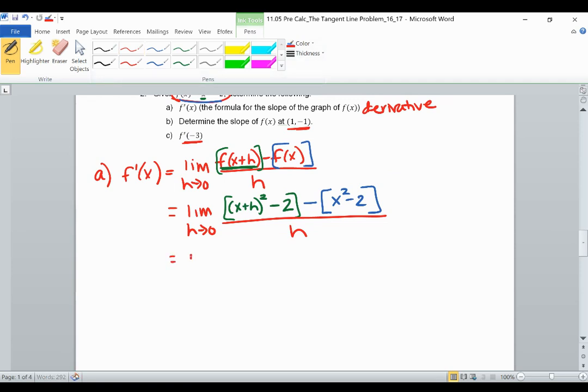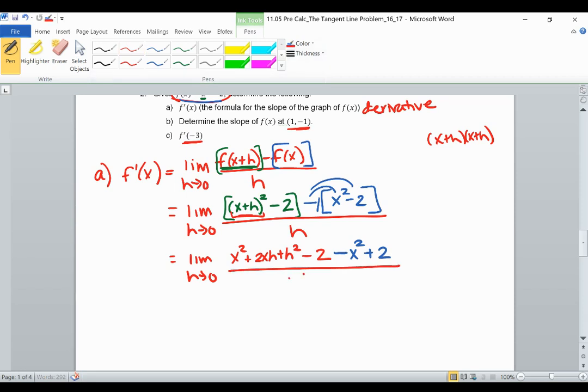Now it's a matter of simplifying, a lot of FOILing, combining like terms, things like that, reducing. So I'm going to FOIL this out first. So x squared plus 2xh plus h squared. That's this squared. If you need to, again, feel free to write it off to the side, FOIL it out, combine your like terms, pause if you need to get yourself caught up to make sure you understand where I just got this from. Minus 2. And then in blue, we're going to distribute that negative. So it'll be minus x squared plus 2